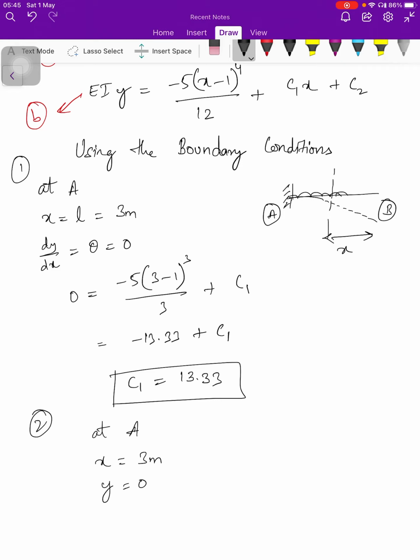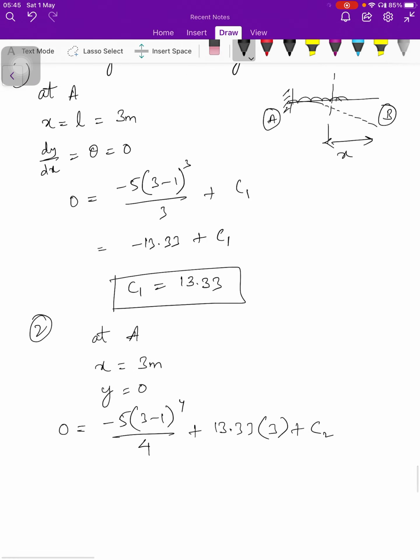This is to be substituted in equation B. So substituting in equation B, 0 is equal to minus 5 into (3 minus 1) whole power 4 by 12 plus 13.33 into 3 plus C2,